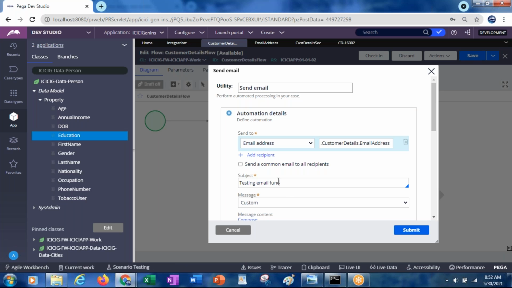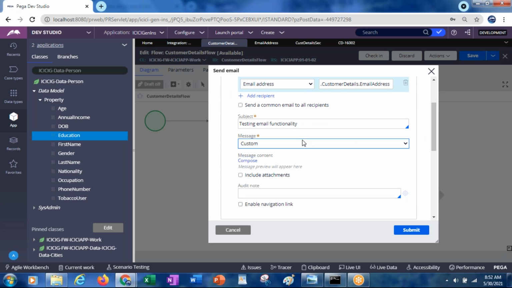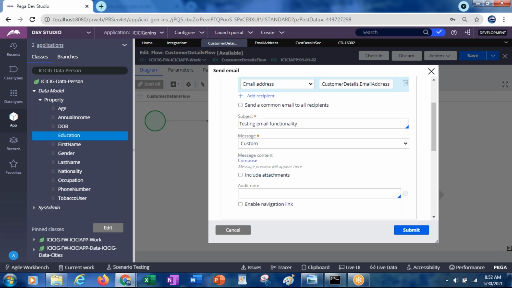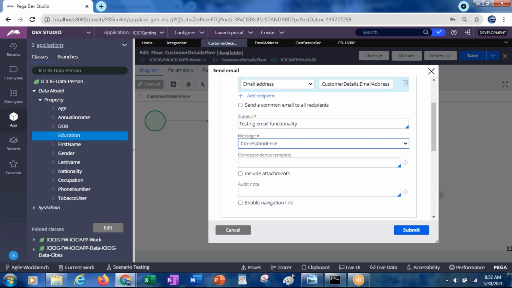Testing email functionality, and later the message. So this is the subject of the email, and then the message. If you want, we can select through correspondence. That means for the body of the email, the content of the email,